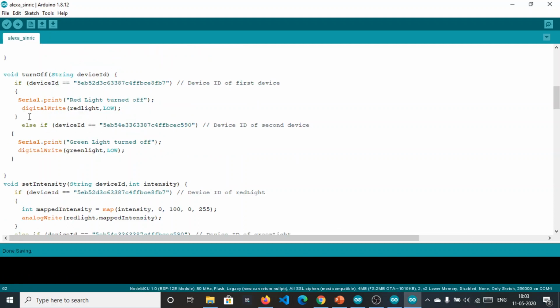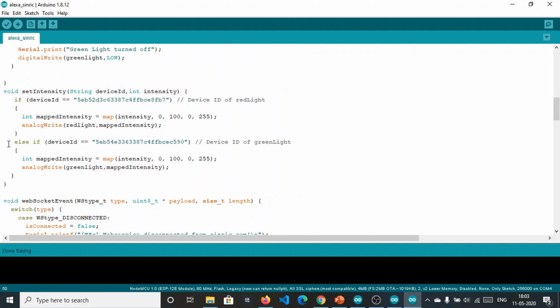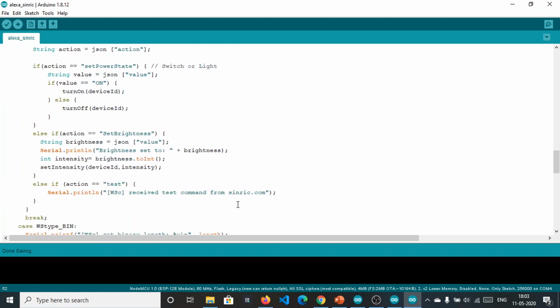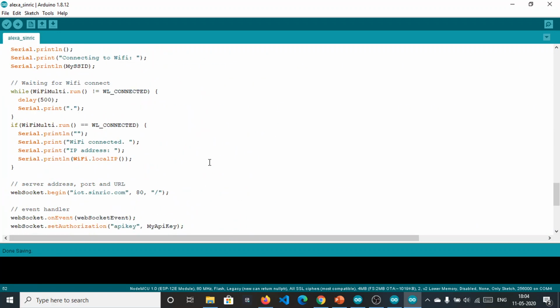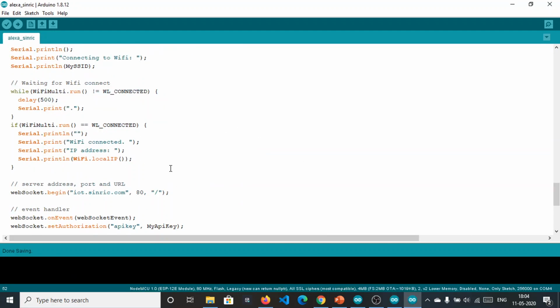This is a modified version of the sketch we have written in this tutorial, and in this we can control two lights. The intensity will be controlled according to this function. You can go through this sketch on your own and understand how it's working, because we have already discussed everything around one light, and you can easily understand it around two lights. We will discuss Synric Pro first, because the session will be too long otherwise.